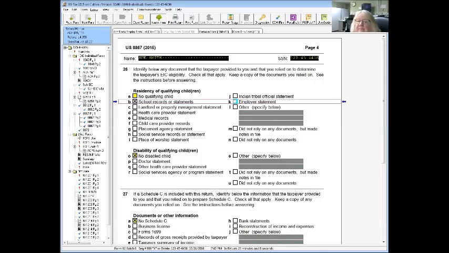So somebody else possibly could, doesn't mean they are. Two people could be in a position where, yes, if I claim the child, I can be head of household with EIC. But they're not doing it because the other parent is going to be filing head of household with EIC. Okay, any questions on that?